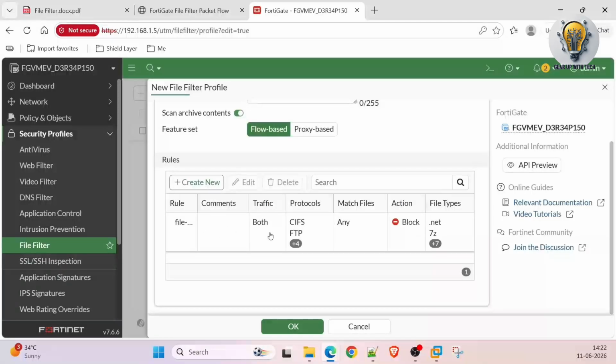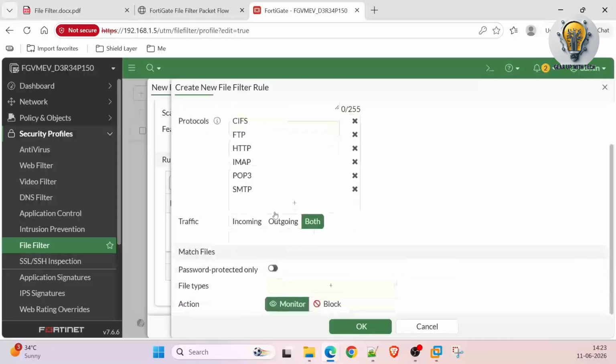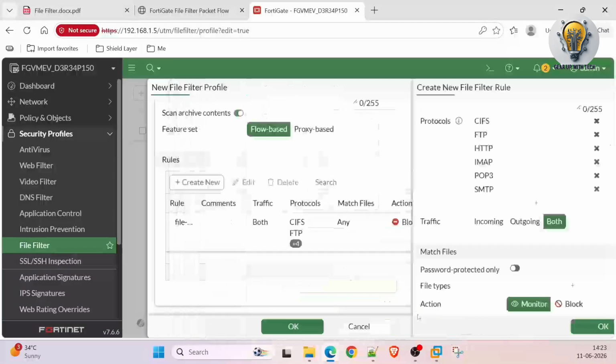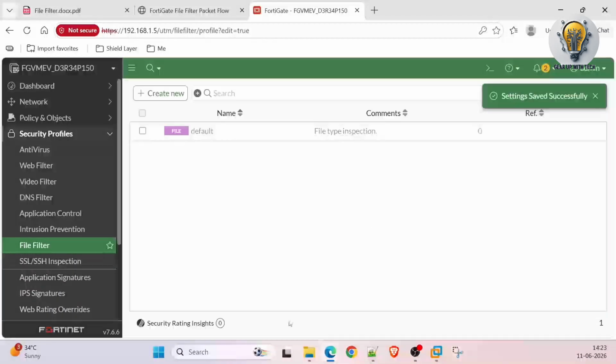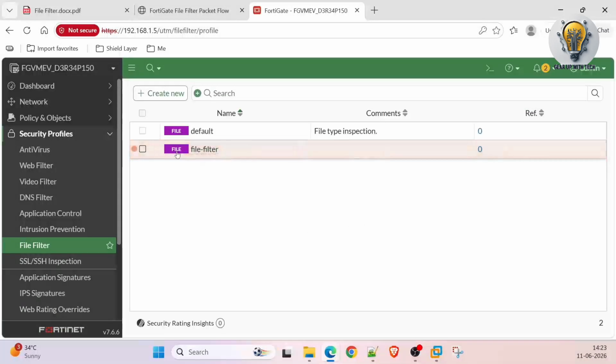Then traffic direction, one way or both ways. Then protocols, match files, all files, action block, and file types we have mentioned here. If you want to allow specific files, we can allow them by clicking Create New. So I'm canceling this one. Click OK. Here we can see the file filter is newly created because it is showing a brown dot here. Reference 0 means it is not attached anywhere in the configuration. So let's attach this file filter profile in the